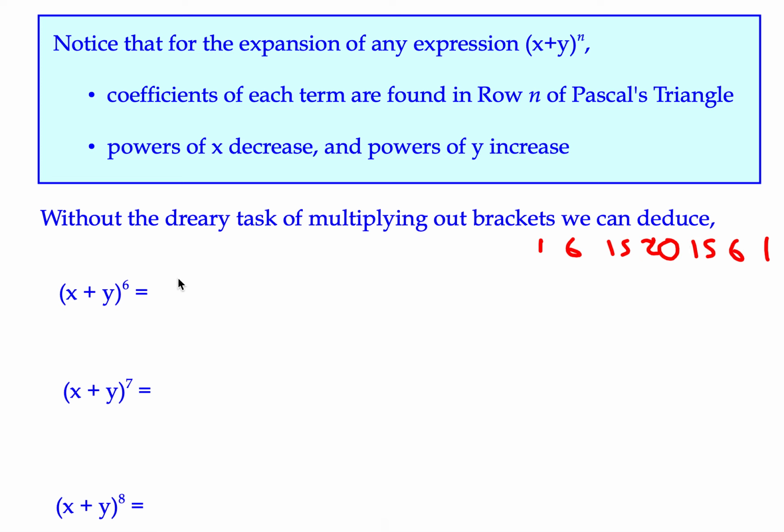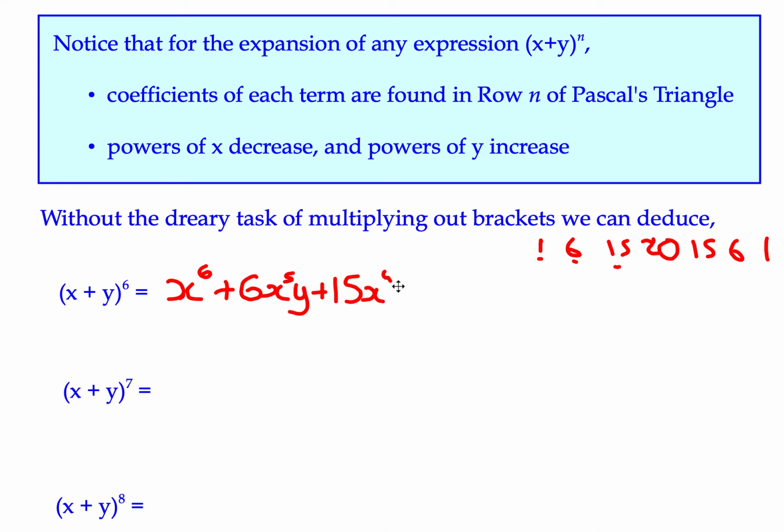So what we do is we start off with a 1, of course. So it's going to be 1x to the power 6, which is the maximum. There's not going to be a y term. And then we add to that, our next term here is 6. So we've got 6, decrease the value of x to the 5. And then this is our first y term, because we had y to the 0 and now y to the power 1. And then the next term is going to be 15.